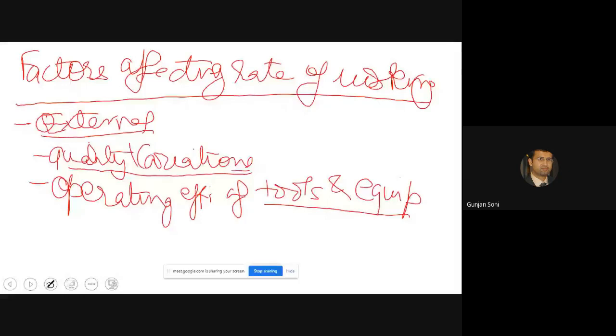Similarly, you can say mental attention: if too much commotion is there around the worker, then he will be distracted. Even climatic and surrounding conditions like light and temperature, as you've already seen in the ergonomics chapter earlier, also affect the working of the worker. So similarly, you can also make a list of many factors which go logically.